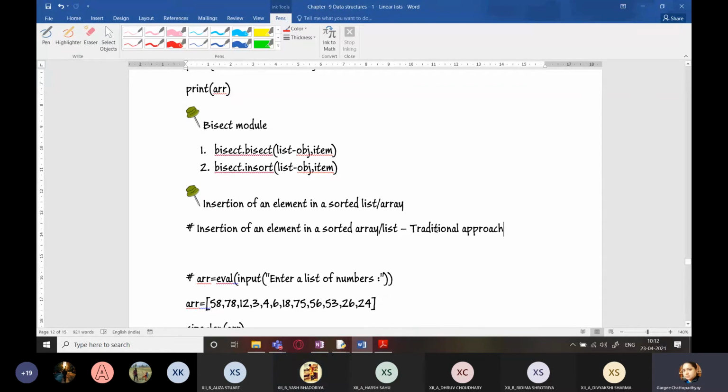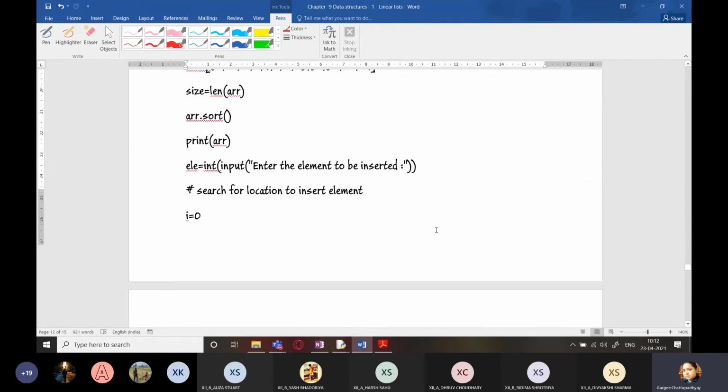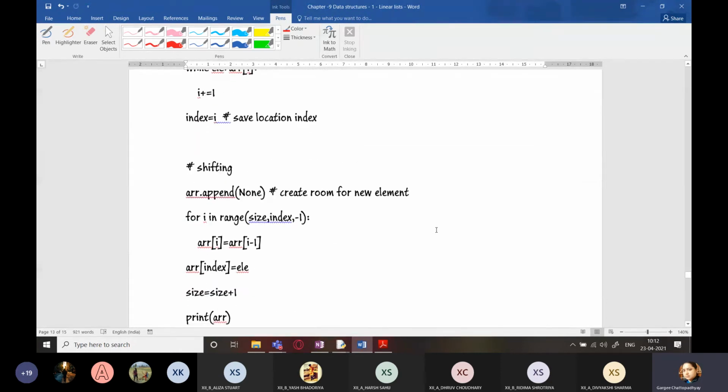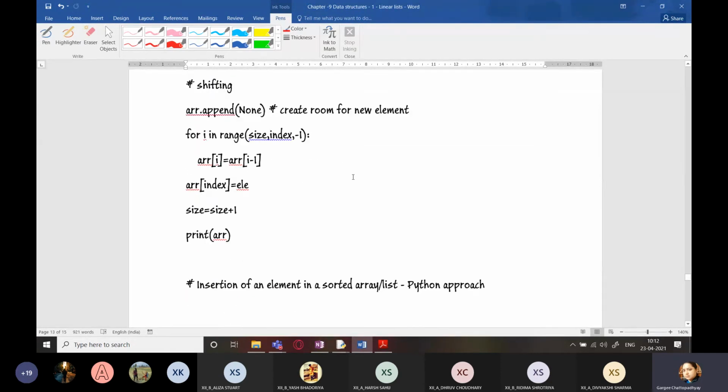But let me tell you one thing, Python approach is no doubt the easiest approach. But if you only rely on the Python approach, migrating to other languages might become quite difficult. Okay, you will not be able to understand what is happening. Here you are doing all the work yourself, so that is making your logic clear.